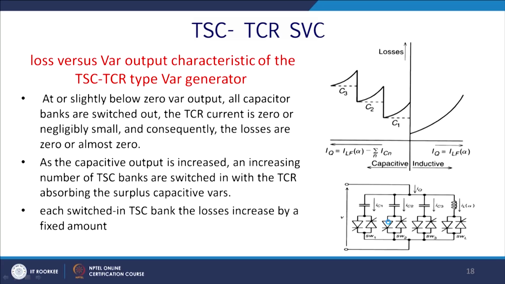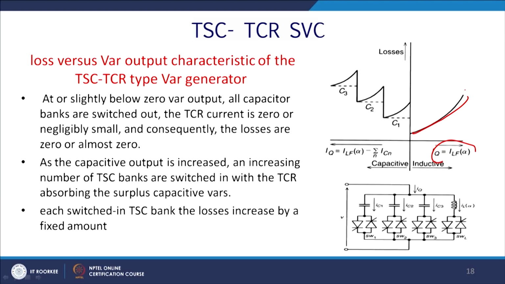Now, the loss versus alpha characteristics: once the device is turned on, if you increase alpha, the losses will increase. Initially the loss will be high because of transients, and then the transients will settle down. Gradually, high current will flow and then come down. So, ultimately the loss will stabilize in the case of the TCSC, and while changing the value of the current, it will increase.